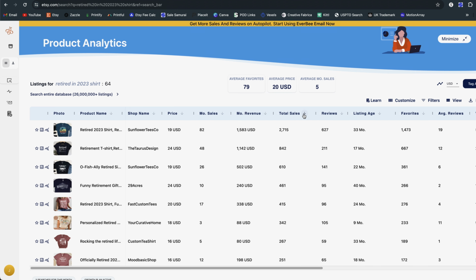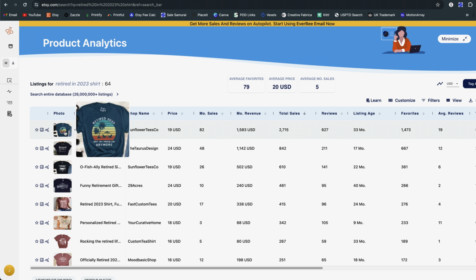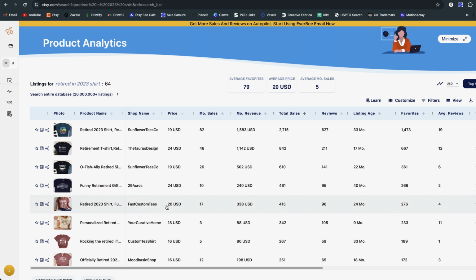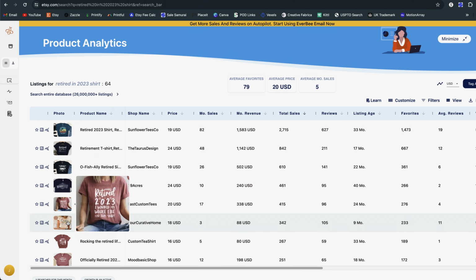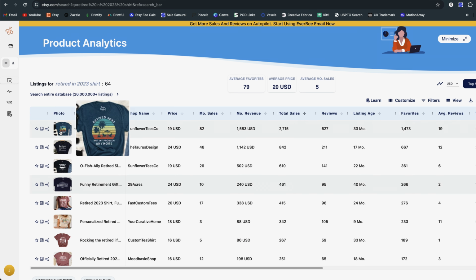If I go to the total sales column and click on the arrow to sort it to the top, wouldn't you know that one that we looked at earlier with the island themed tropical sunset has the highest sales here, average monthly sales somewhere in the neighborhood of 80 times. So this can be an even quicker way to get an idea of what were the top selling types of designs for this niche. So I think I'd like to create a retired in 2024 design that is a retro